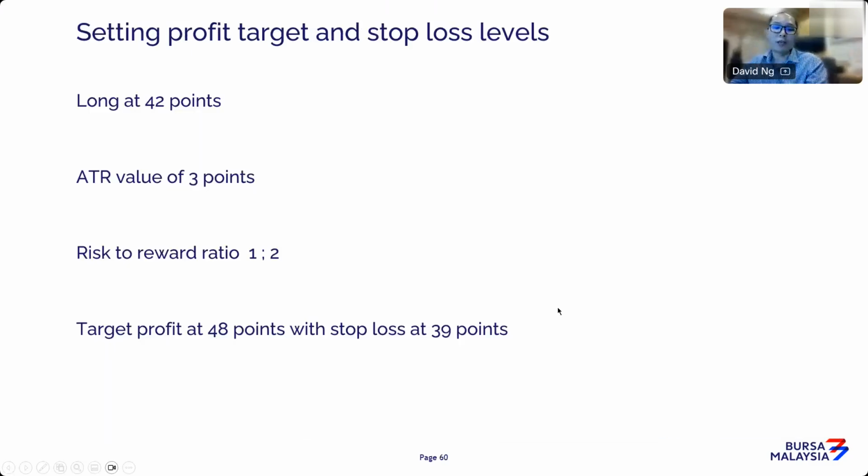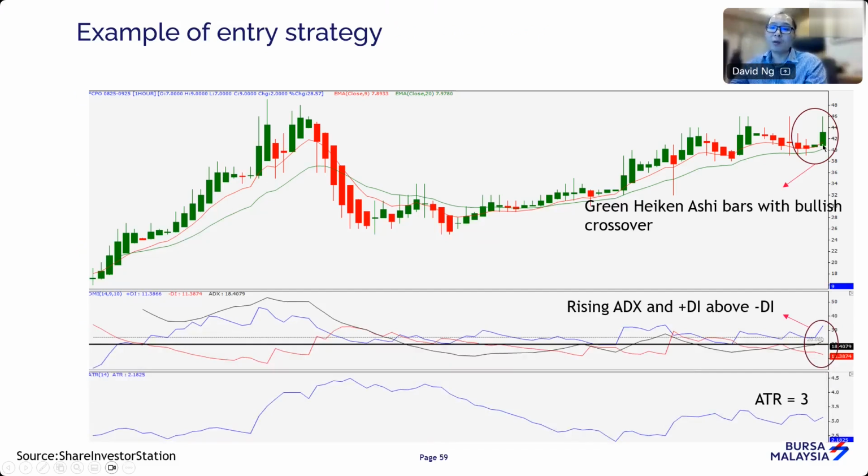So one way to set up your profit target and stop loss levels is to use the ATR value. If you look at a risk to reward ratio of 1 to 2, you are looking at 6 points of profit and 1.1 ATR, or 3 points, of loss. So that's how you manage your risk accordingly. Now this particular spread was doing about 41, so you probably can enter at this level, but hopefully this premium is going to sustain, and eventually this spread market is going to hit higher.